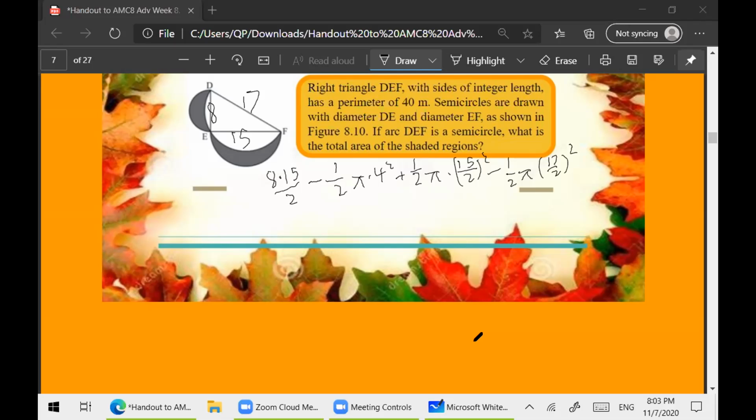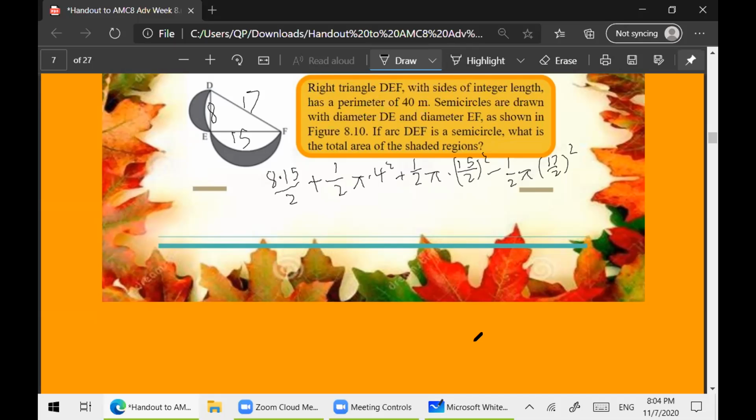Okay, so you can see the thing I have written here. 8 times 15 over 2 is the area of the triangle, and then the radius of this circle is 8 over 2, which is 4, and then you want half of that, and you can do the same thing for the semicircles with diameters EF, and then you subtract out the area of the semicircle with diameter DF, and then that gets you